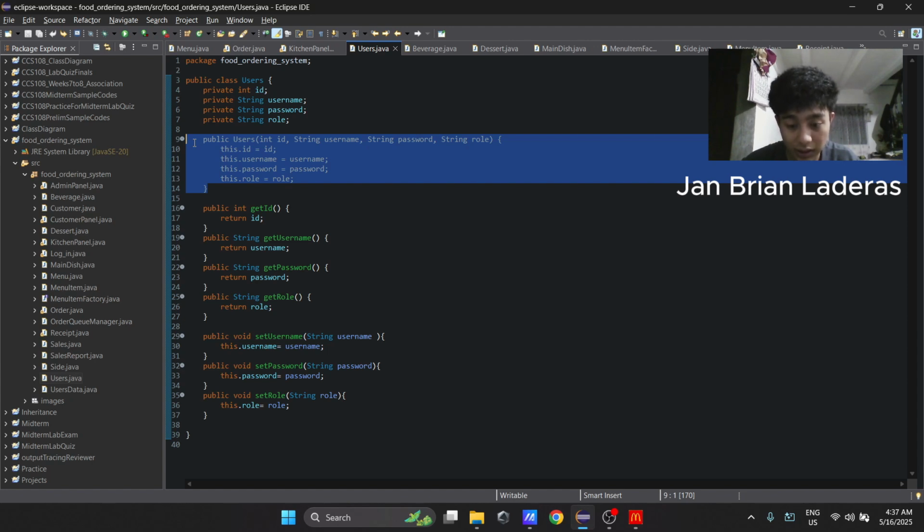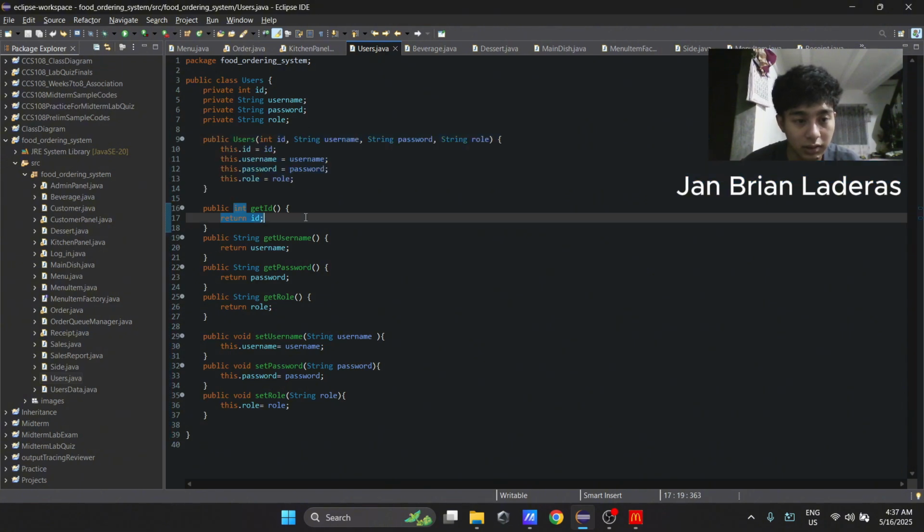This classifies that we're assigning to the class field and the local variable. It stores the provided username, the provided password, and the provided role.